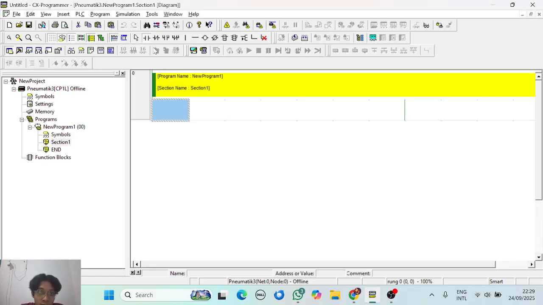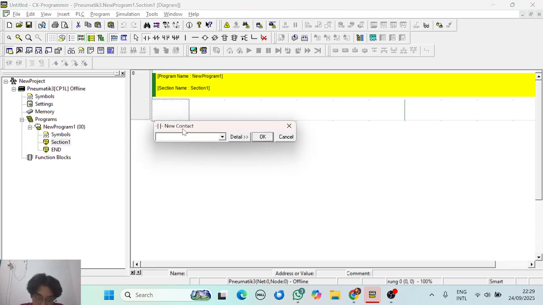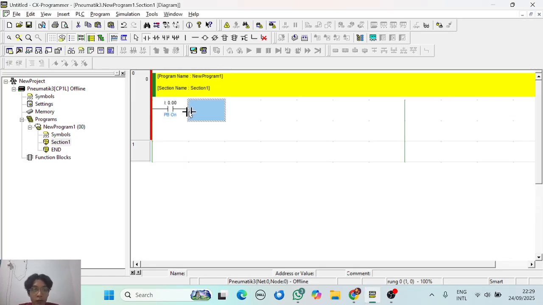Okay, first we add a normally open push button. We name it PB on, or push button on.